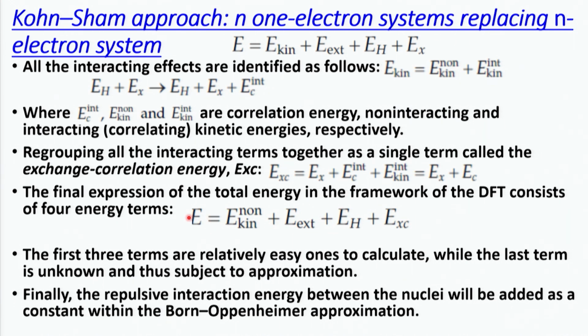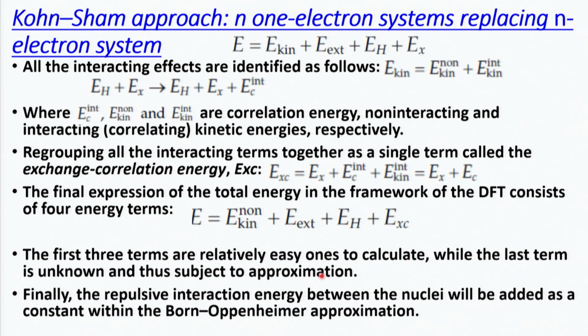So, the total electronic energy has the kinetic energy of non-interacting electrons. This is the external energy, nothing but the interaction energy between nuclei and the N number of electrons, and this is the electronic repulsion energy, written similarly to how we write it in the Hartree-Fock case. And this is the exchange correlation energy, which is not known, which is the interacting part. All these are non-interacting, and this is the interacting. The first three terms are relatively easy to calculate, while the last term is unknown and